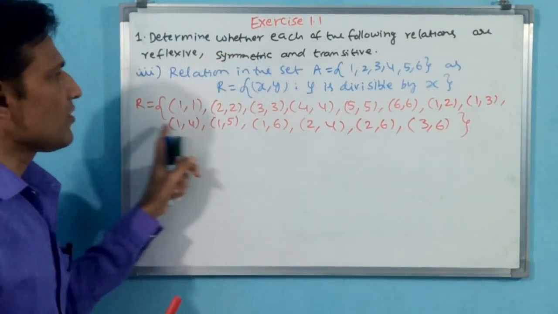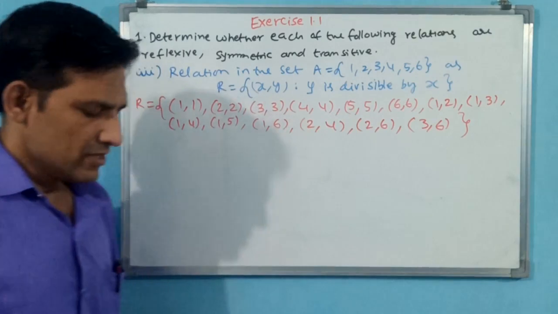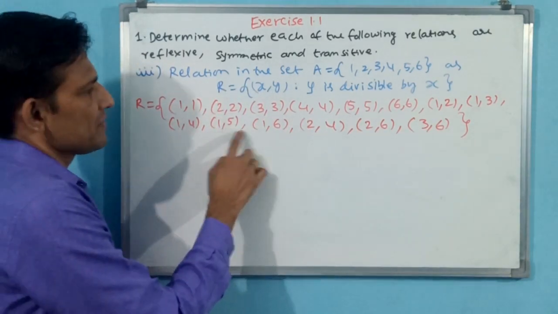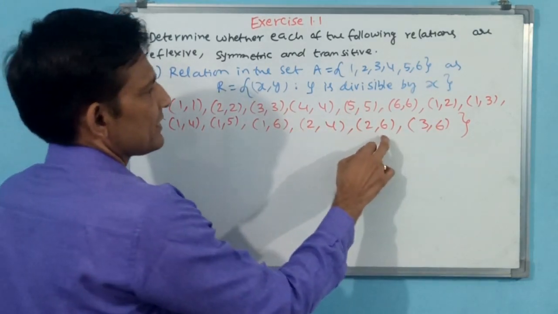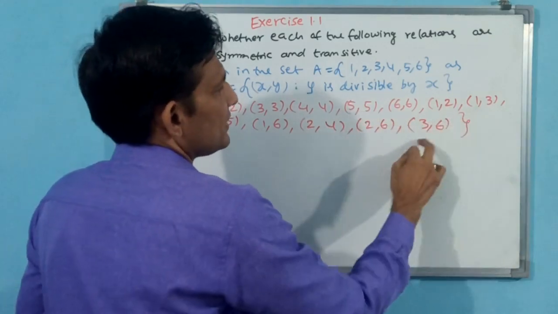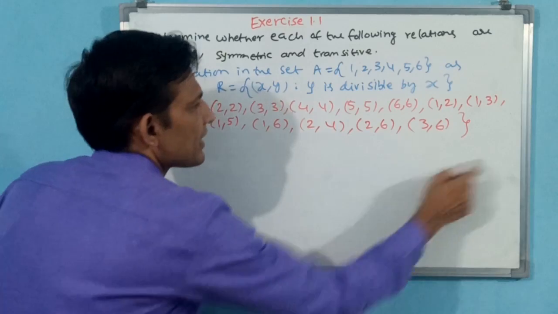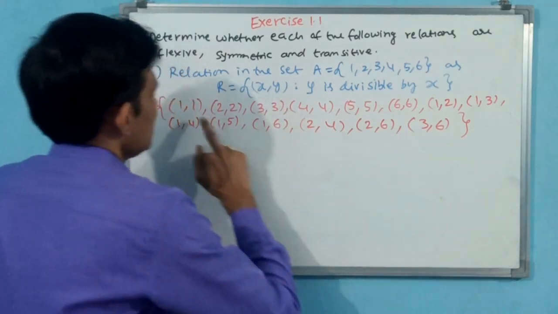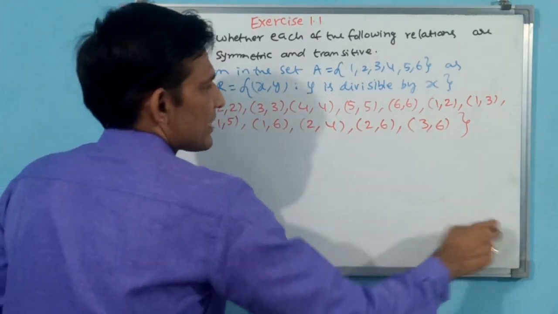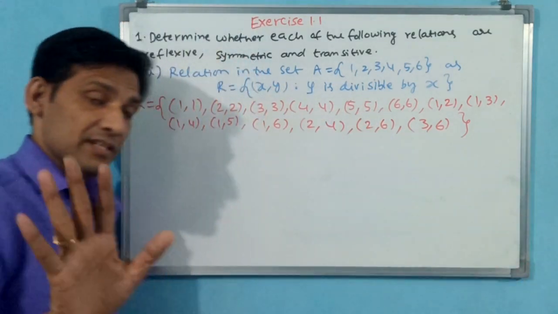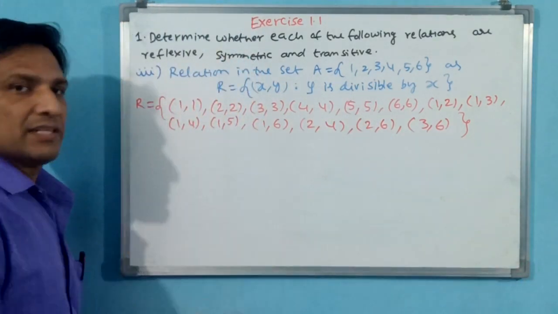See, now these are the relations. Okay, these are the relations. 1 is having relation with 5, 2 is having relation with 4, 2 with 6, 5 to 5, 1 to 3, 3 to 6. All these relations we are having. If you draw an arrow diagram also, on this side the first x coordinate will come, on this side the right coordinate will come. Relation is there. See, it may not be a function, but the relation is there.